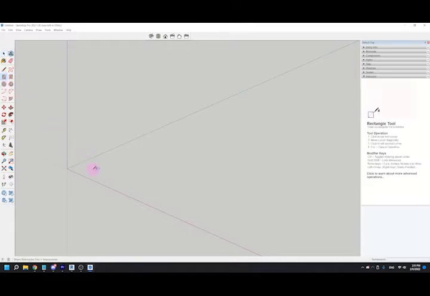And then I'm just going to start it flat here. So I'm just going to click to start it, drag it out, and then you can see down in this dimensions toolbar, it is changing numbers as I drag it. So the first number that it's showing us is the length along the red axis. So if I make this